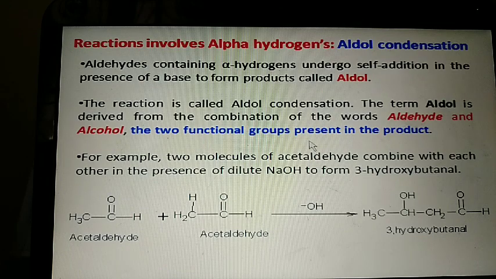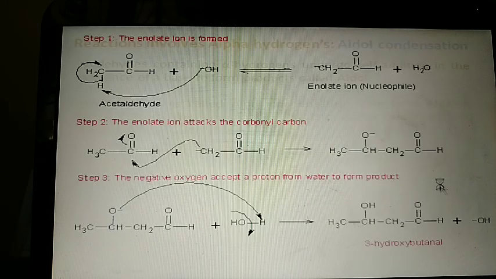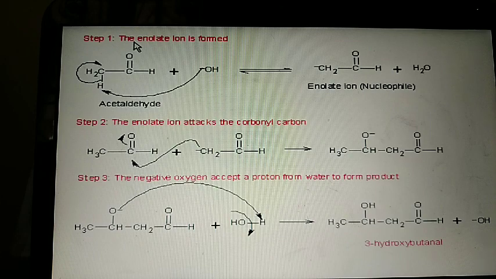See the reaction between two functional groups, aldehyde and alcohol. The output product will contain both alcohol as well as aldehyde functional groups. The molecules are known as aldol products. So here in the first reaction, the aldol condensation reaction, the reaction goes in the presence of a